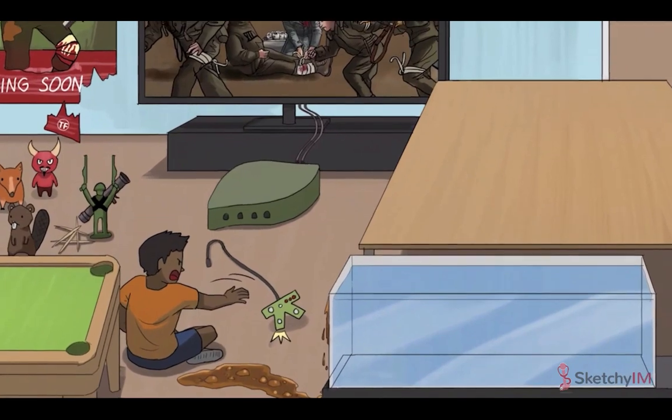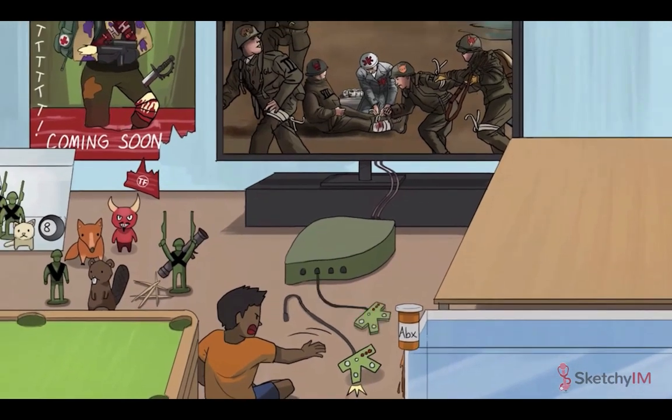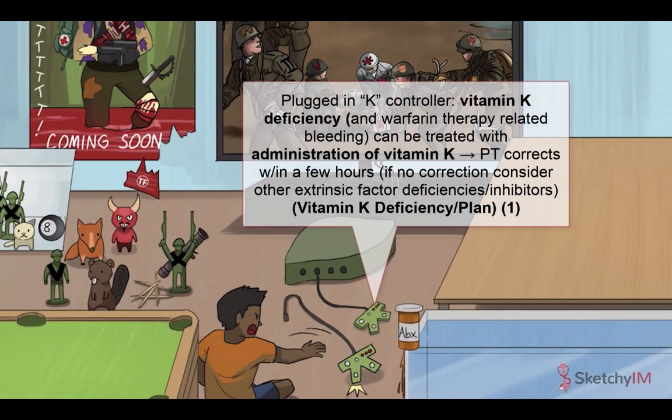K deficiency. Because bacteria in the distal ileum and colon help synthesize absorbable vitamin K, broad spectrum antibiotics that eradicate the intestinal flora can also cause vitamin K deficiency. Second and third generation cephalosporins are also associated with hypoprothrombinemia and exert a warfarin like inhibition of vitamin K recycling in the liver. When it comes to treating vitamin K deficiency, you can start by simply administering vitamin K in